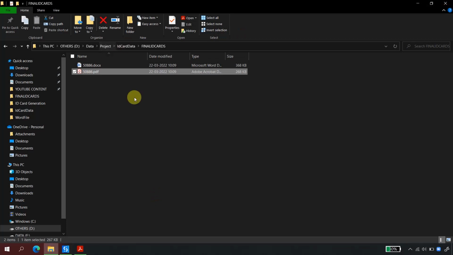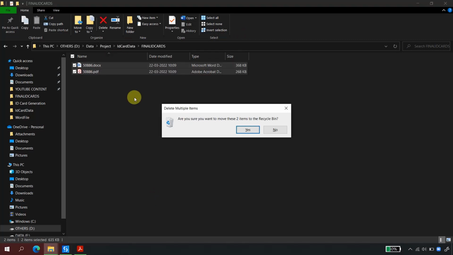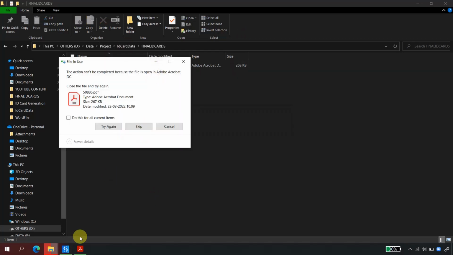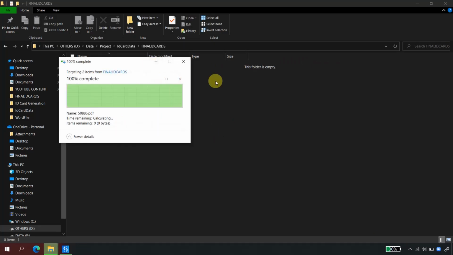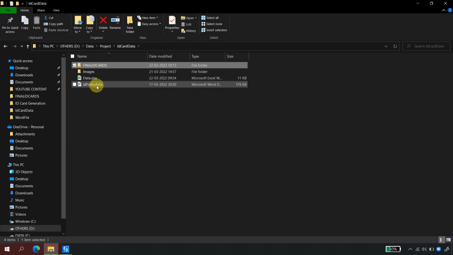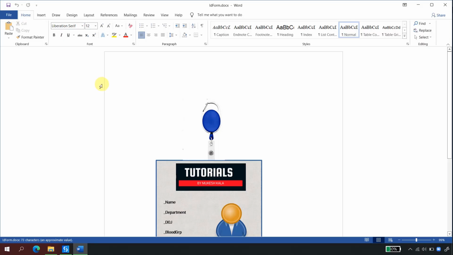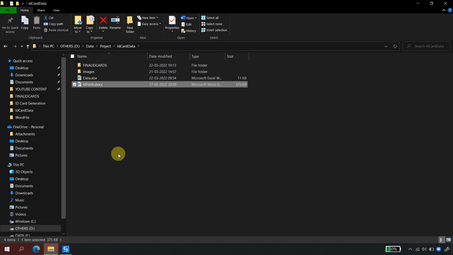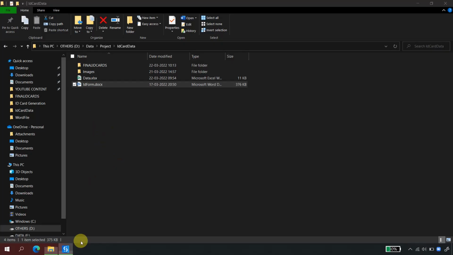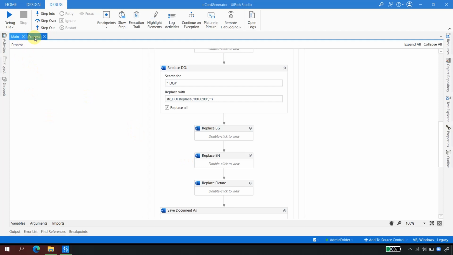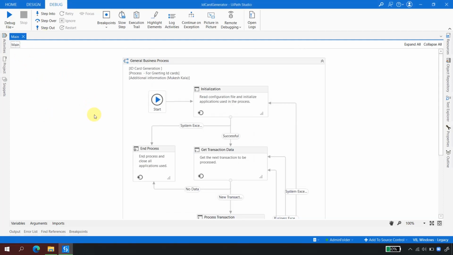That is done. I'll go back here, delete both of them. Okay, ID cards, it's already open here. Close this, try again. I have deleted the empty folder and I have kept the correct ID form again, which is a blank ID form, and let's try to trigger it again. Again, I have kept a debugger there. I'll close this. So this time we should get the ID card with only the date, and the template should